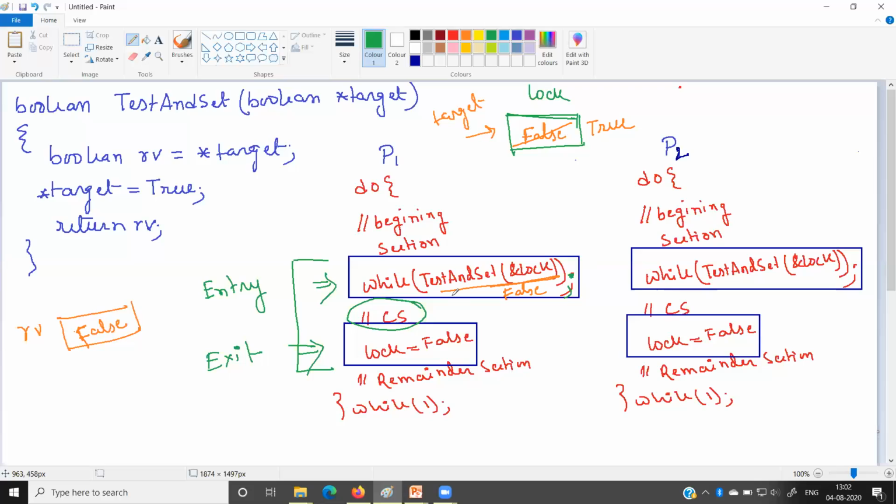So while false means the condition inside the while will not be satisfied, so the control will come out from the while loop. That means P1 can execute the critical section. Now while P1 is executing the critical section, at the same moment,